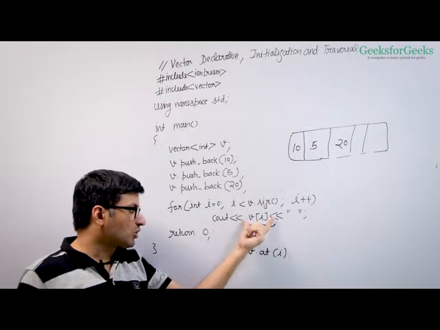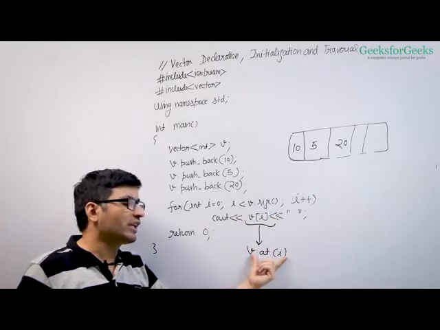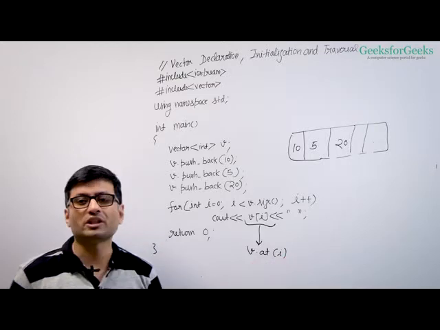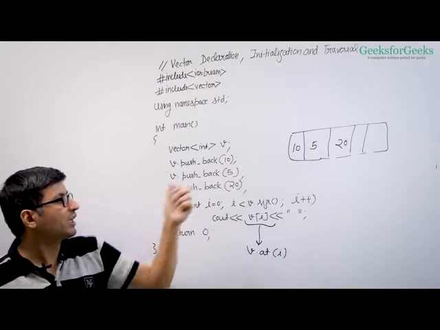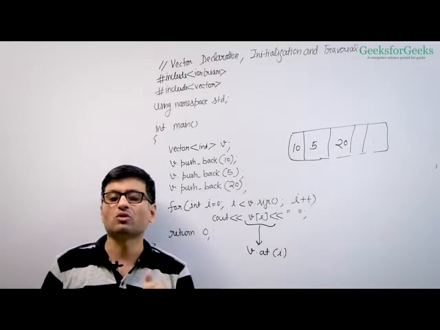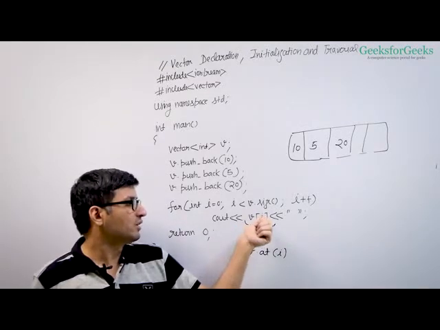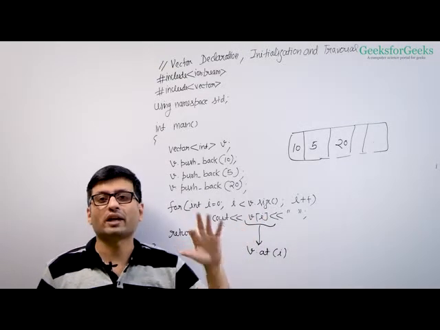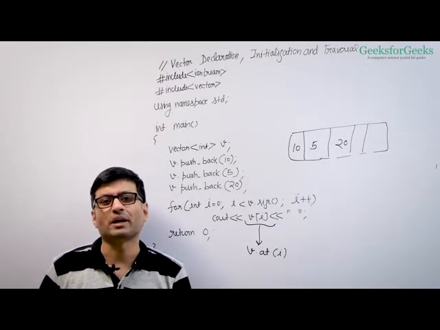There's a difference between these two. This does not do array index out of bound checking. This does array index out of bound checking. What is array index out of bound checking? Say I have 3 elements here. Now if I try to access v[4], I am going to go out of bound in the indexes. So if I do v[4] here, this program will crash at runtime, right? It will not generate any exception when you compile and run it.